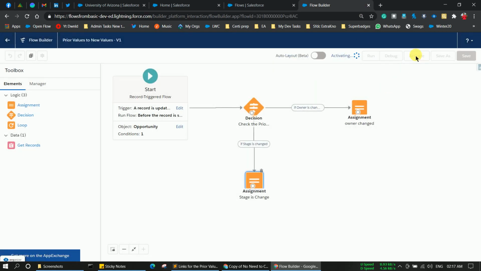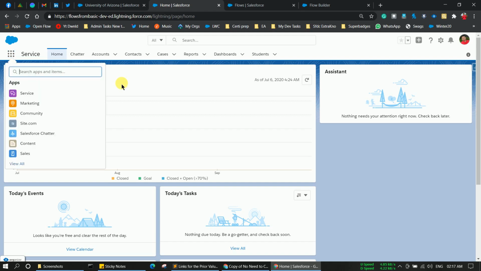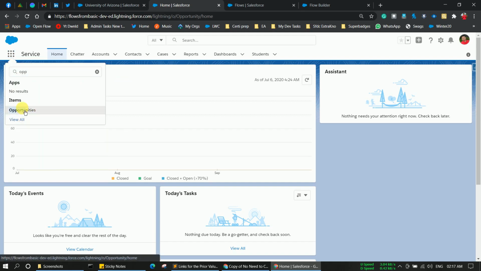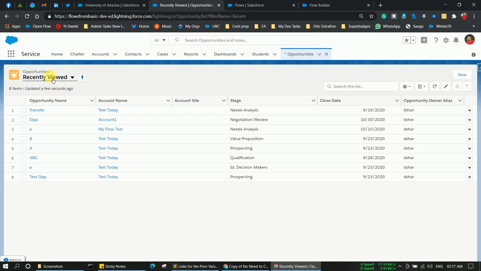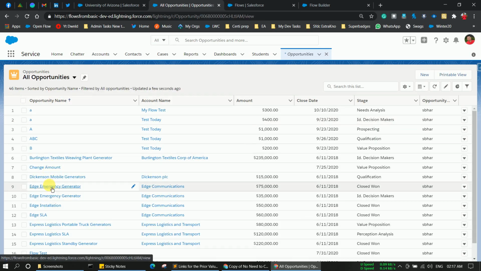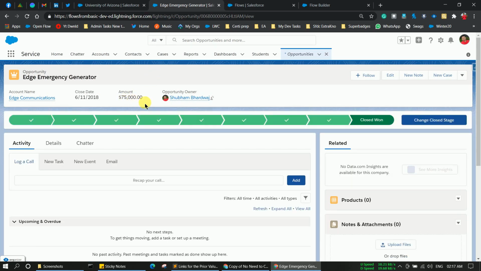Now you can activate it, and let's say I'm going to move to my home, and let's open any opportunity record over there. Let's say I'm going to use this. As you see, amount is greater than 1000.